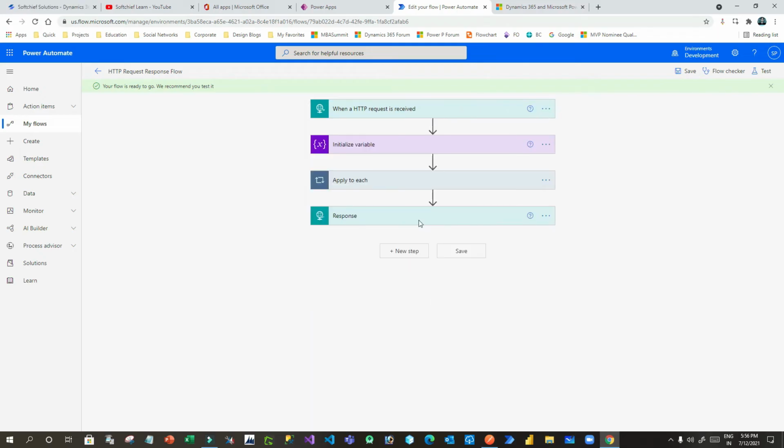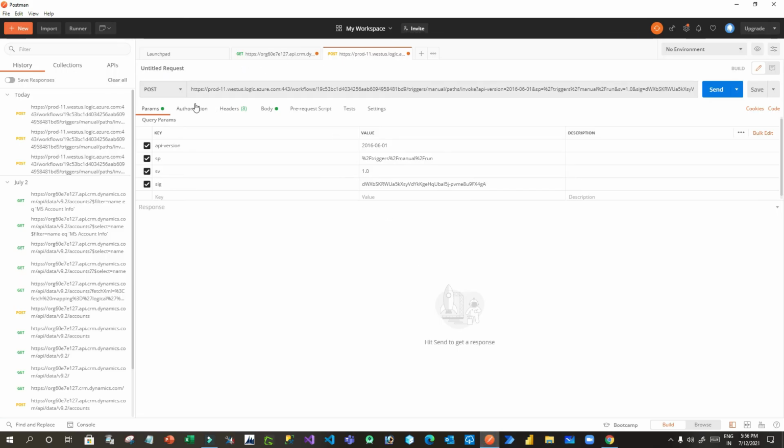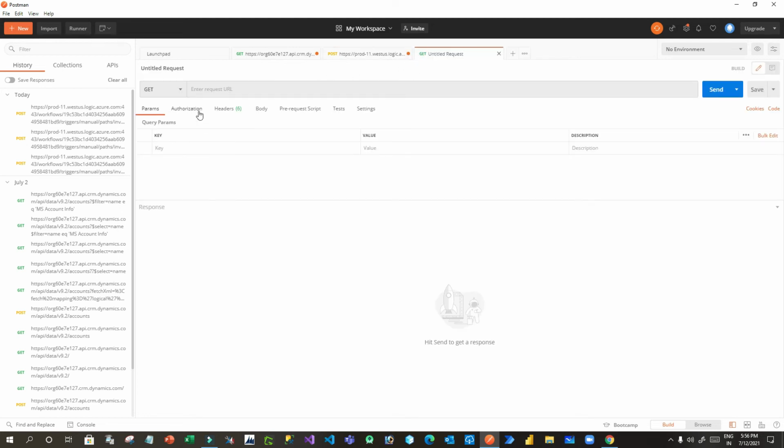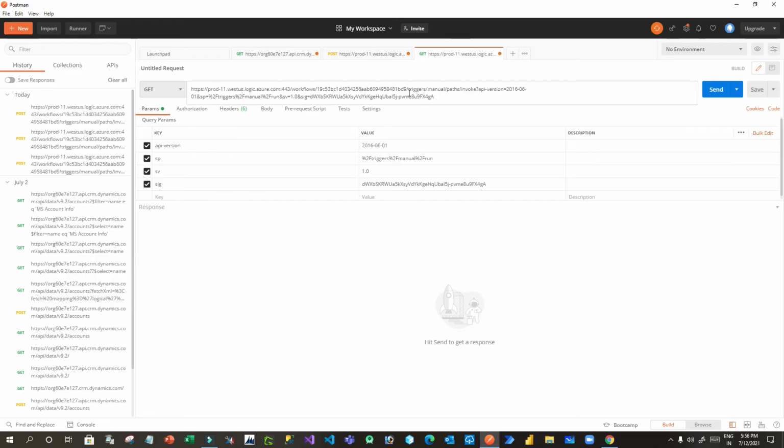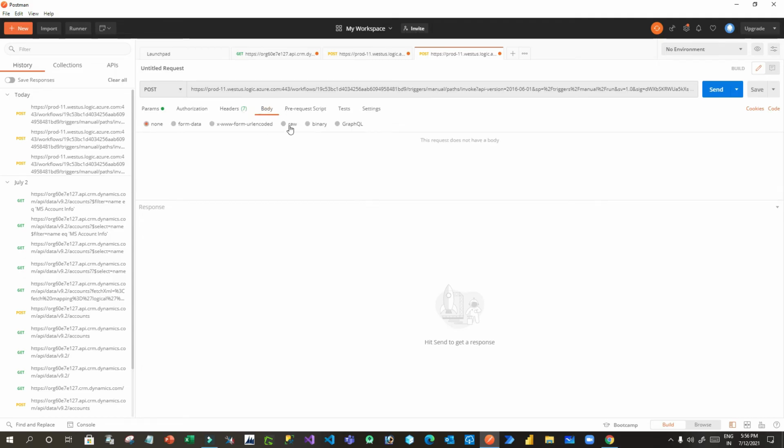Now I want to test this flow, if it is working fine or not, right? So I'll go here and try to create a new request, right? Now click on here. I want to provide the parameters here. This is the URL that is generated for my flow, and I will choose post as the verb, and I will pass the raw data here, right? I will go to the body, go to raw, and here I want to pass the JSON object. My JSON object is, you have to pass the same payload,